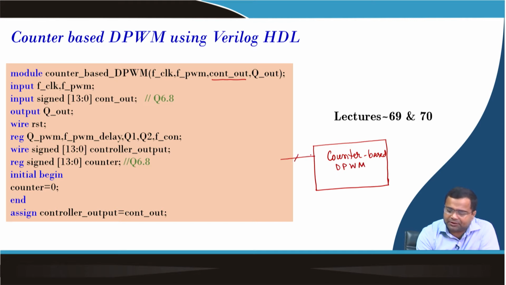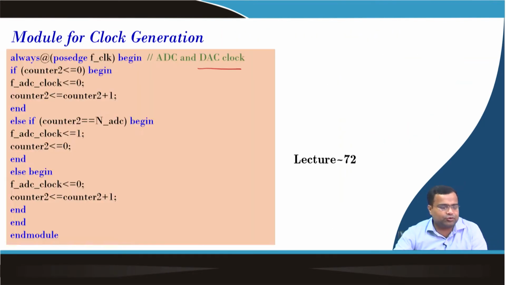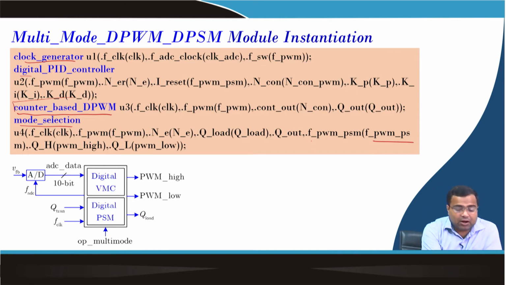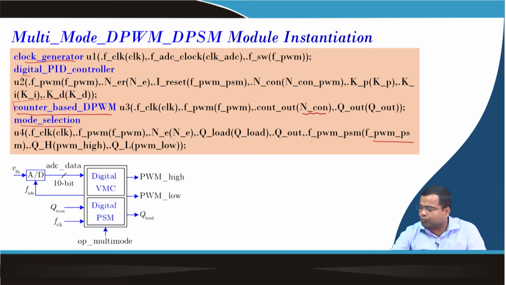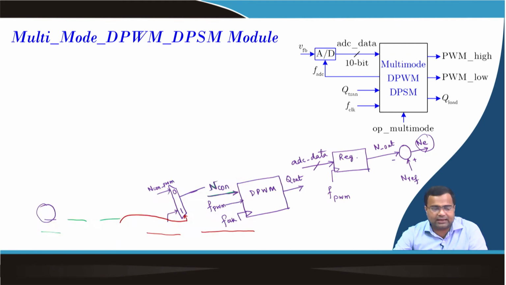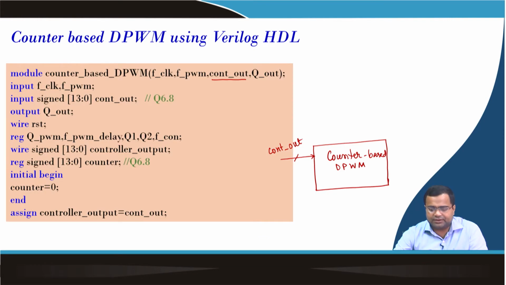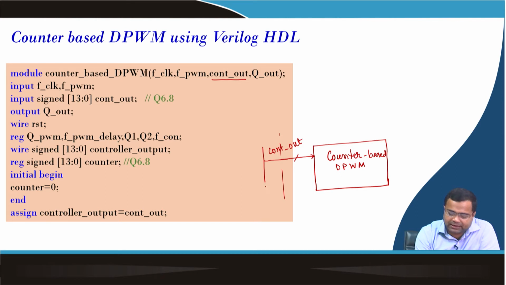Input to this block is here, as per this it is like controller output, but this controller output can be either, this is just a definition, a local variable. And if you go to the module instantiation block, you will find that this count PWM, the local variable, is the ncon. That means this particular controller output, in the broad sense,